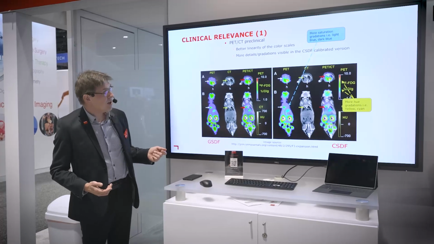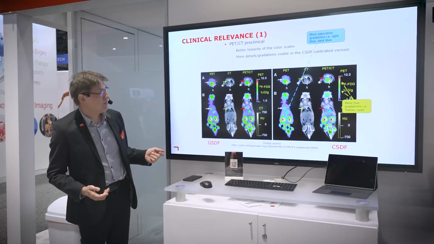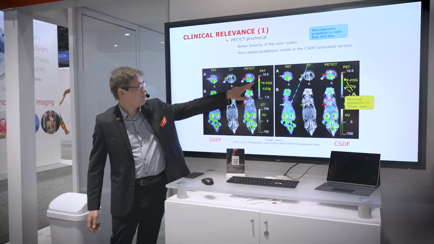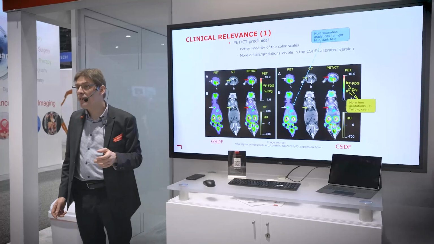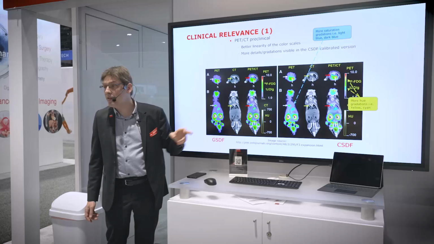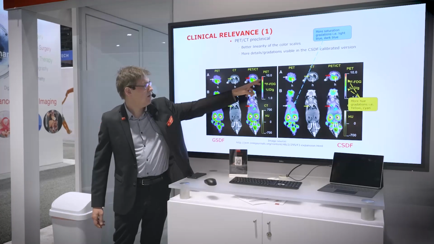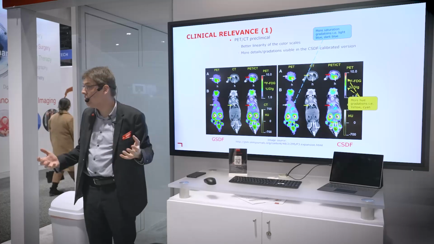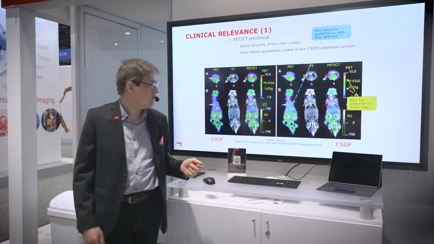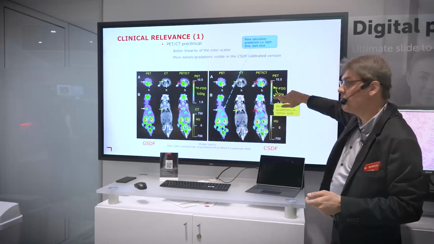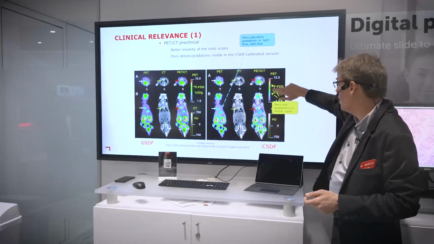So there are a number of things that you can observe here. First of all, if you look at the color scales, you have the same problem that I indicated in the beginning. There is hardly any difference visible in the color scales. So you see one blob of red, one blob of green, and then blue, but no real small differences. If you look here after calibration, you can clearly appreciate that you see much more different colors.